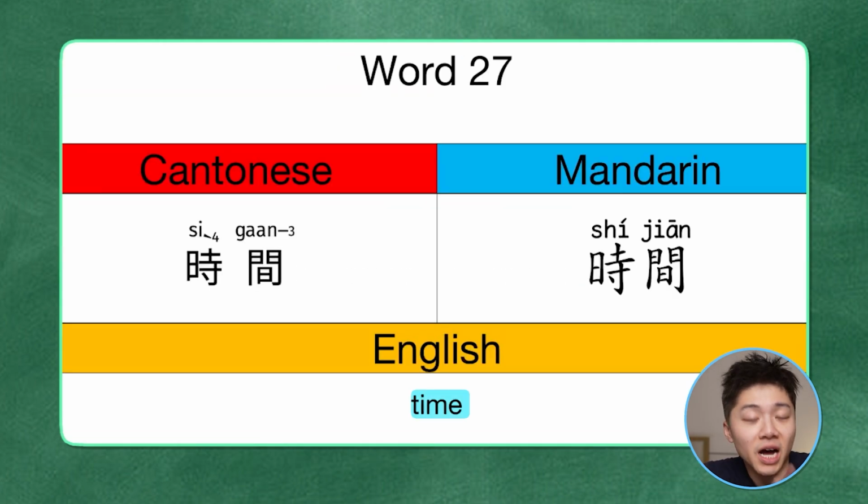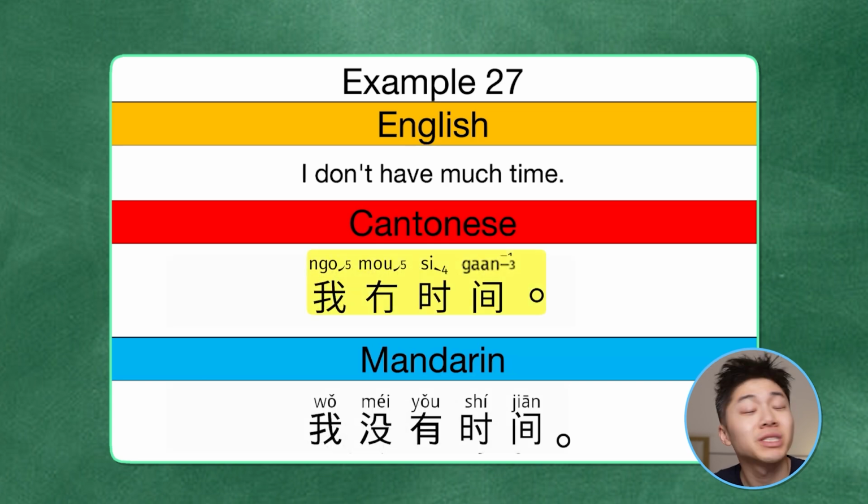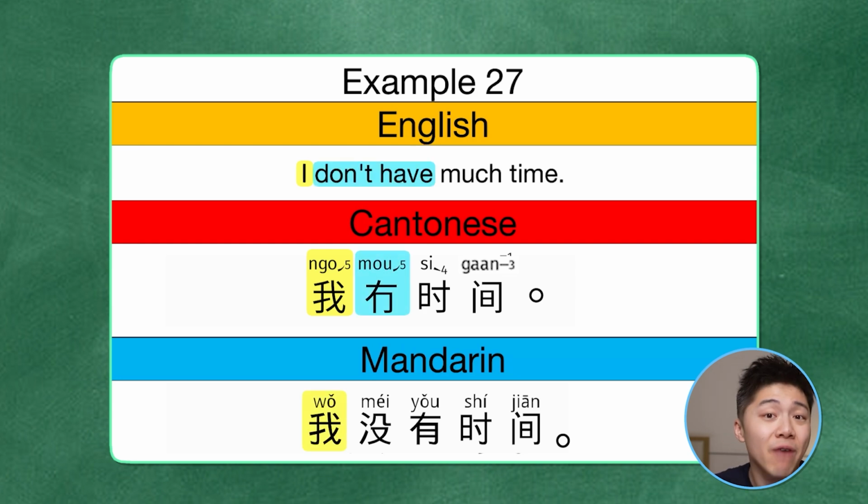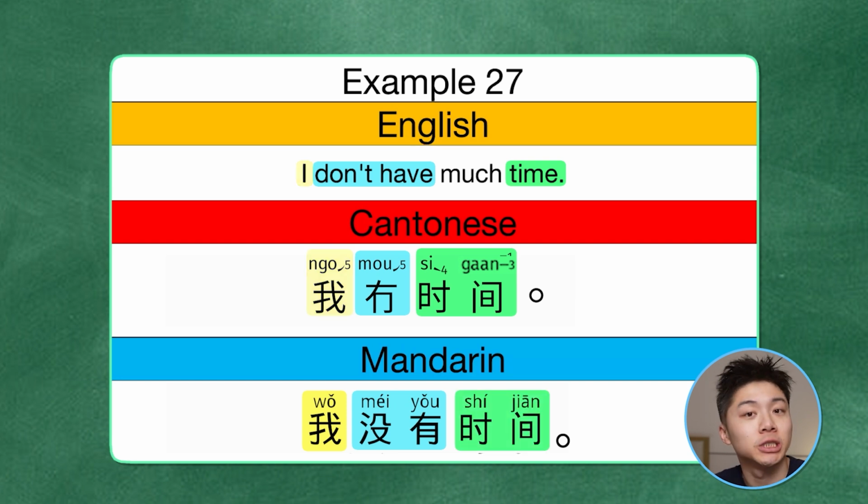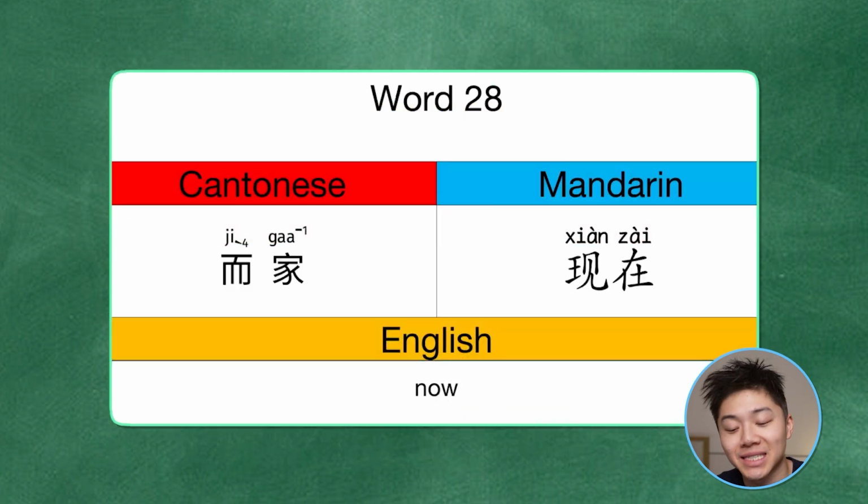Next is time. In Cantonese we use 時間。In Mandarin, 時間。 So for example, in Cantonese, 我冇時間。In Mandarin, 我沒有時間。 So 我 is I in Mandarin, 我。冇 means to not have, we learned this earlier. In Mandarin, 沒有. And then 時間 means time. 我冇時間。我沒有時間。